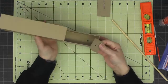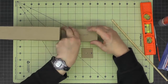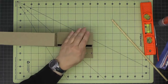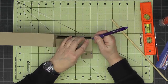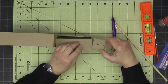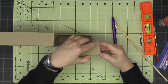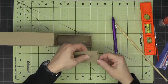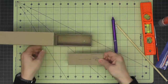Alright, so now I have my arrow here, and this piece, when it fits on here, it goes over both of these edges. So what I want to do is make some, this is about 1/8 of an inch thick here on the front from the two thicknesses of chipboard. So if I put two little tick marks there, and then I know that this is going to go on this way, I can line up my dowel holder and get it centered here and here. So there's basically 1/8 of an inch around all three sides there, and I'm going to go ahead and glue